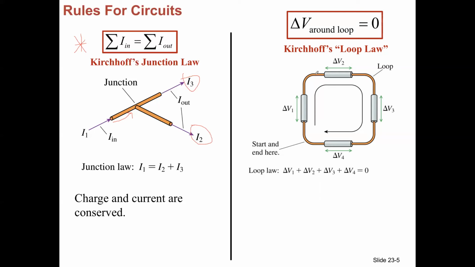The second rule for circuits is called Kirchhoff's loop law, which says that if you have different things inside of a circuit and current is moving through all those things, the change in voltage around the whole circuit must be equal to 0. So what that means is that, let's say this first element here was a battery, and we have current moving through,